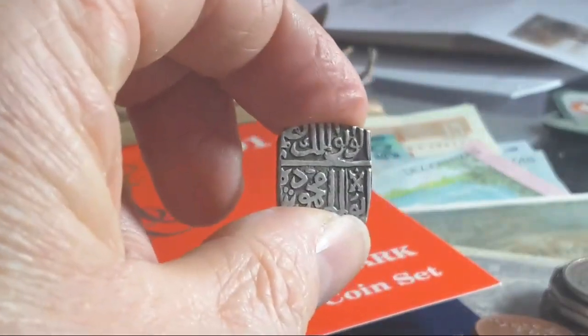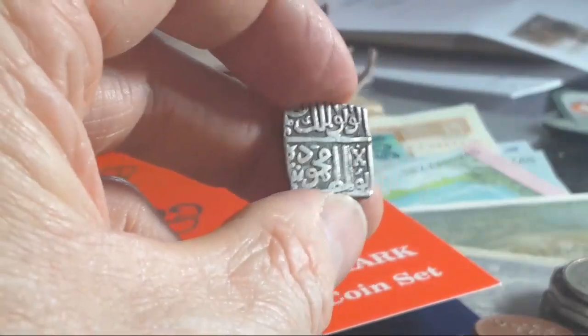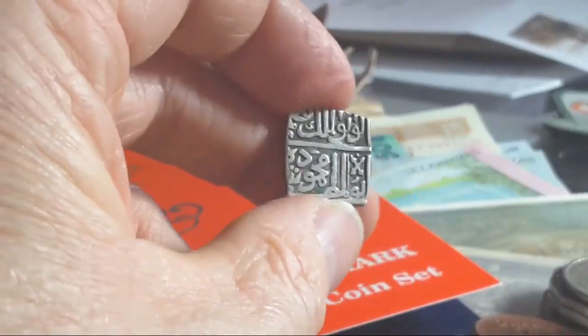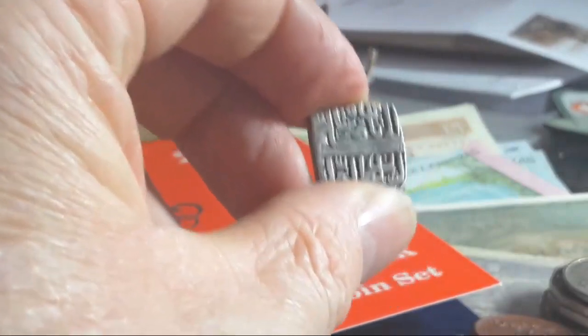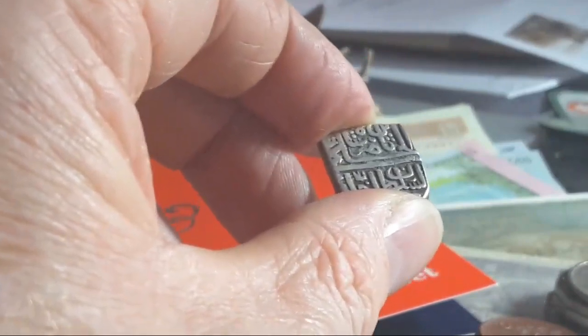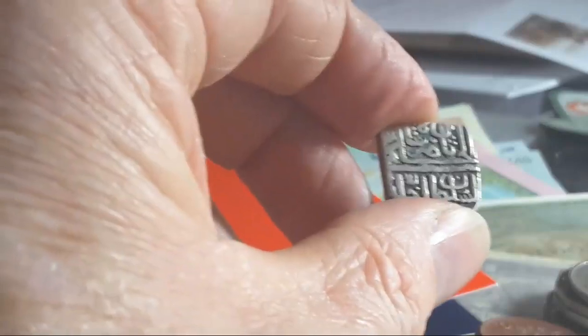But as you can see, this is a Delhi Sultan's coin. So the Delhi Sultans' territory fluctuated, their economy fluctuated. They were always in conflict with other people, so they did issue bronze, silver, and gold. So where's the other bronze coin? I don't have it on the table. Anyway,